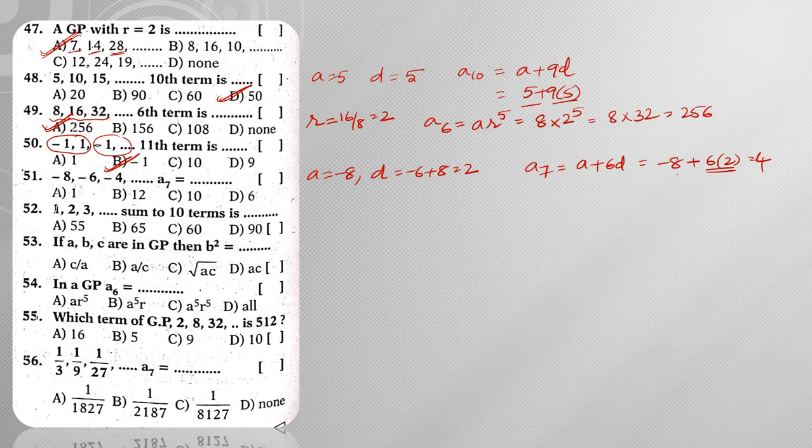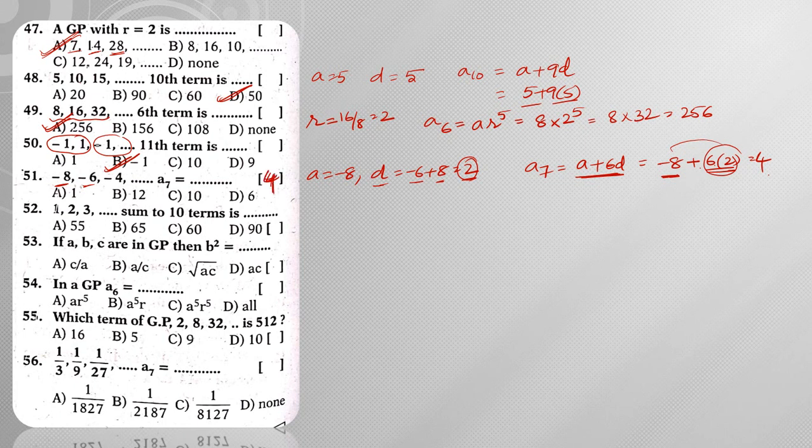Right. But from the options you don't have any 4 here. See once again, so minus 8, minus 6. What is common difference? So minus 6 minus of minus 8 is plus 8. So A2 minus A1. So 8 minus 6 is 2. Next he is asking A7 value. A7 is nothing but A plus 6D. So A is minus 8 plus 6 into, what is the common difference? Common difference is 2. So 6 2s are 12. 12 minus 8 is 4. Hence answer is 4 here. So there is no option given.